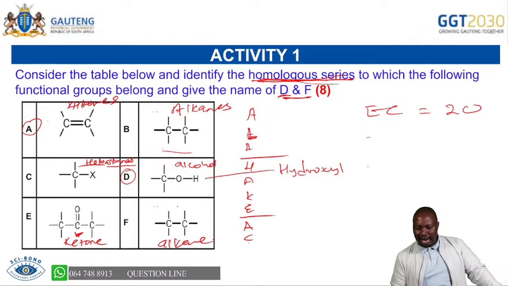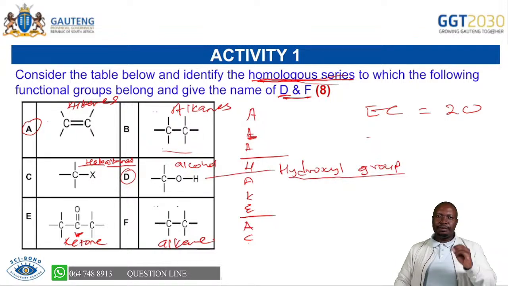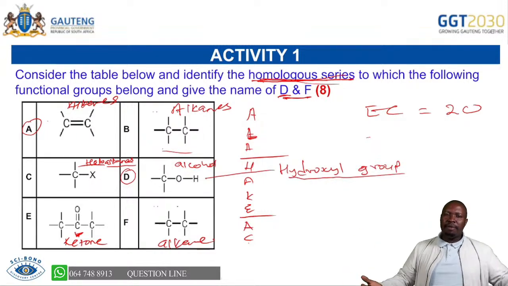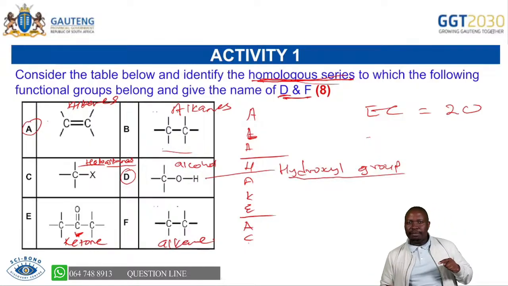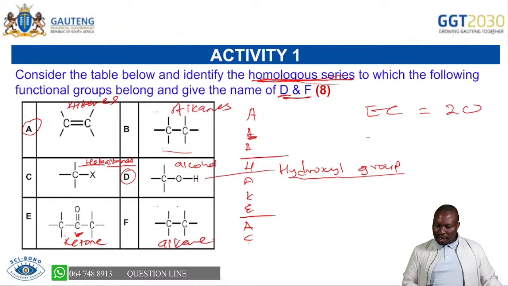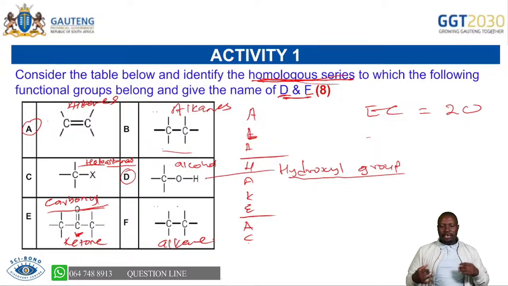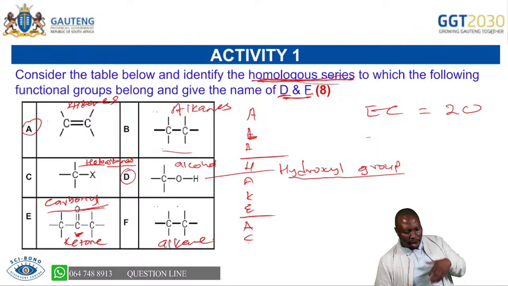Remember, I'm emphasizing that always, guys, know that there are 4 functional groups with names. The other ones, we just describe them. But these 4, you must know their names. We said it's the hydroxyl group for alcohols. And then I think the question was supposed to be D and E, which is now a carbonyl. So you're able to see that D and E have names: an alcohol and a carbonyl.